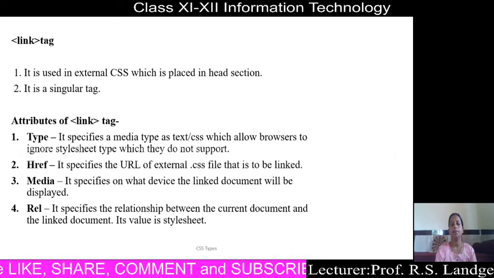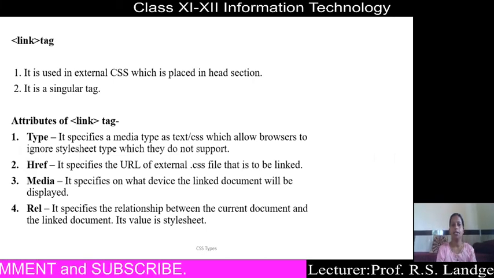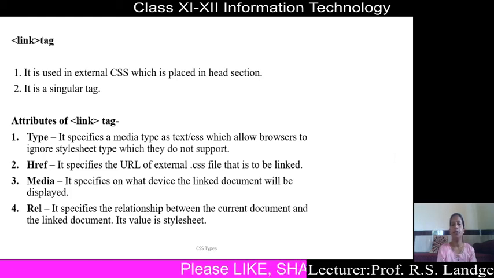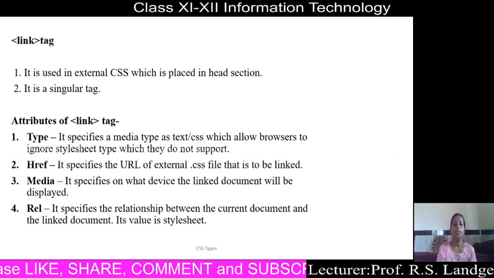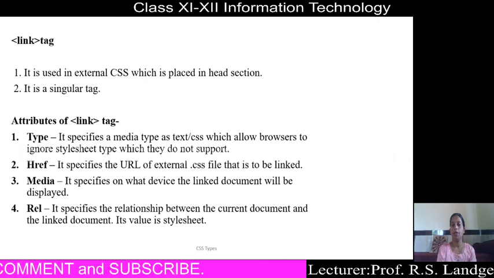Then the second attribute is href. The href attribute is used to specify the path of the external .css file that we have to link inside the web page. Means the href attribute is used to specify the path or URL of the external .css file.